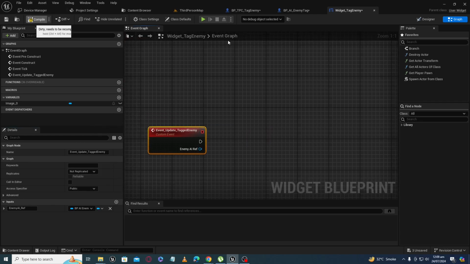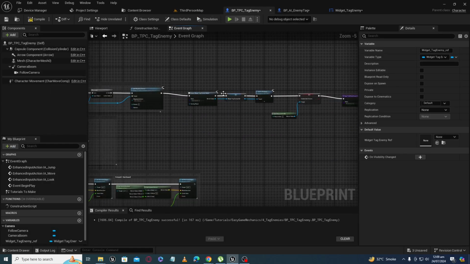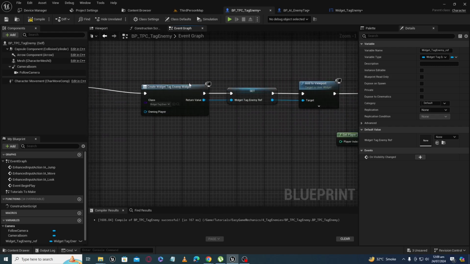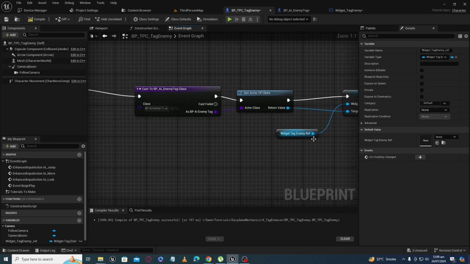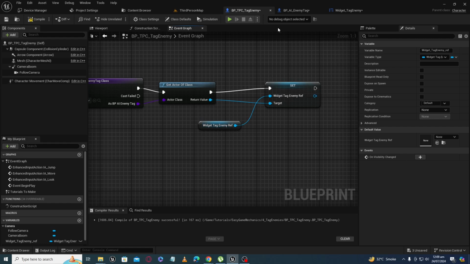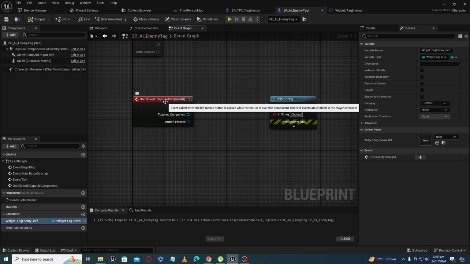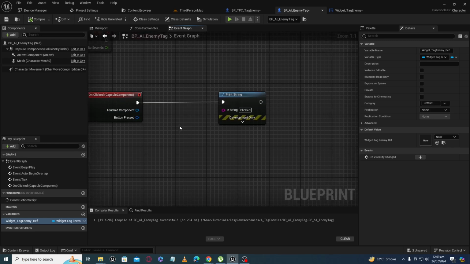Okay, so once again I am repeating. First of all, our third person character class will load up. It will create a widget here, and we will get the reference of the widget, and after that we are sending that reference of the widget to our enemy AI. From here, when we click on our enemy, we want to send information to the widget class that we have clicked on the enemy. So let's bring it here,